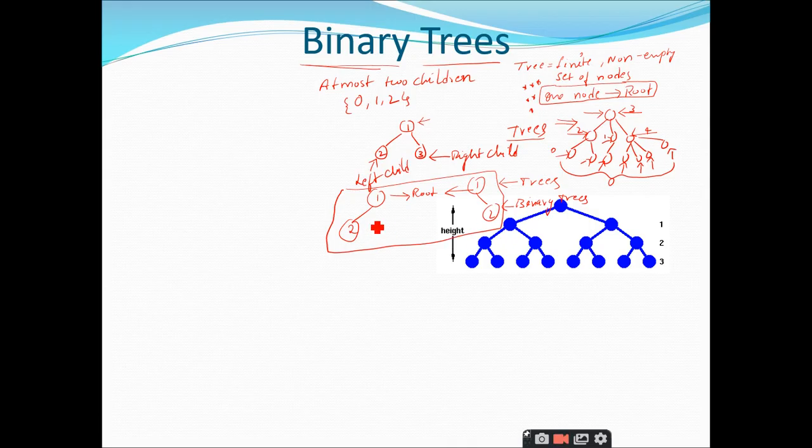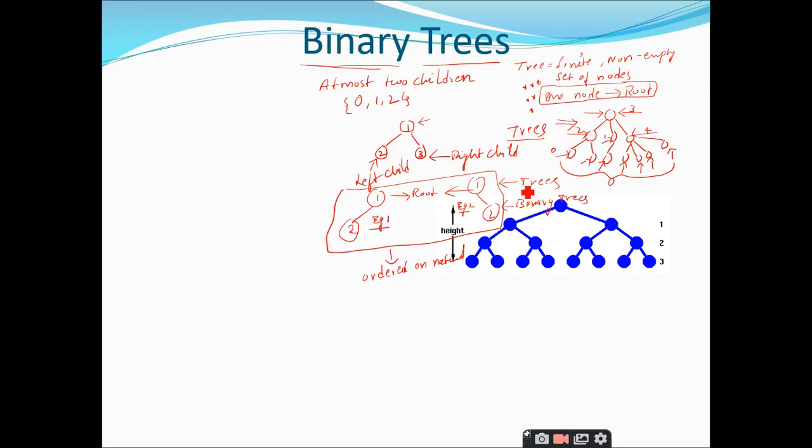The difference is, in example 1, the child node 2 has been placed as the left child of node 1, and in example 2, the child node 2 has been placed as the right child of node 1, right? So this is one of the primary differences between trees and binary trees. We can say that binary trees are ordered in nature. Ordered means there is a clear distinction between the left child and the right child, right? Is it clear?